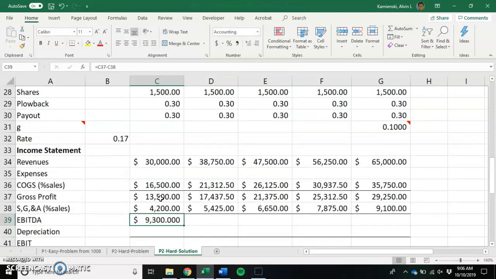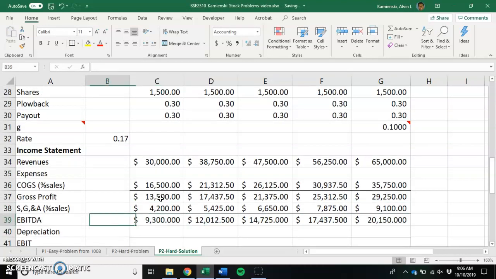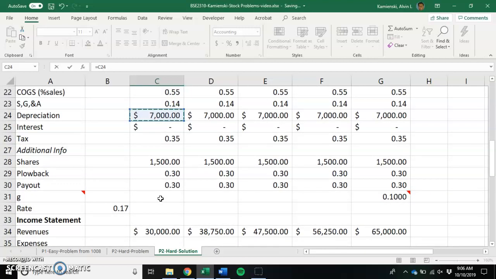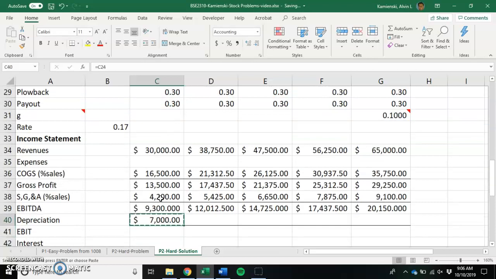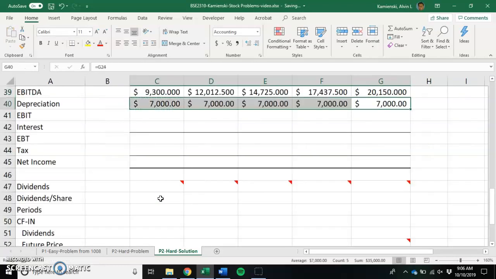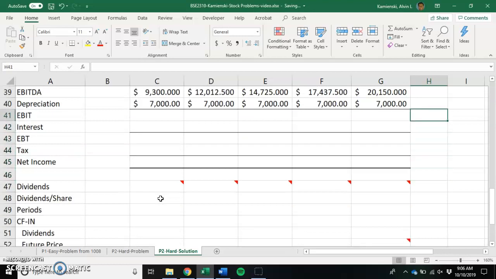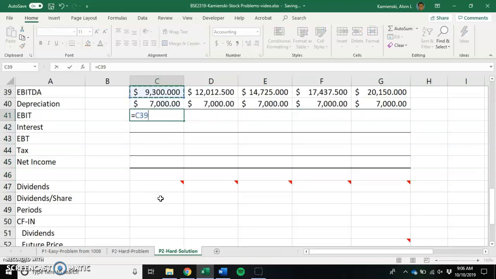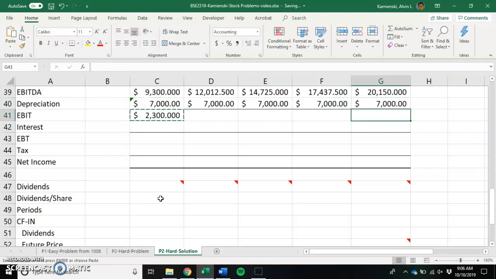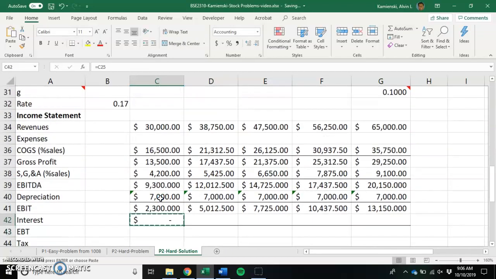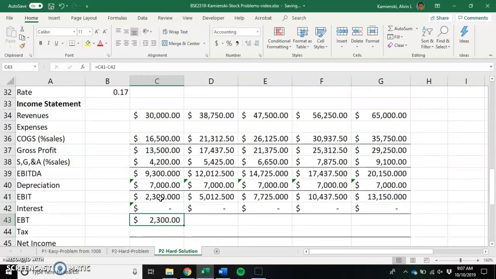EBITDA is equal to gross profit minus SG&A, and that tells us the amount of earnings before her interest, tax, and depreciation. When we get to depreciation, since we made a good documentation of it above, we can just equals point and enter, and we get that we have $7,000 a year for which her truck will be depreciated, which tells us then that her EBIT will be EBITDA minus depreciation, from which we documented that she'll pay no interest, so that the amount of profit before tax that she'll make is equal to EBIT minus that interest,